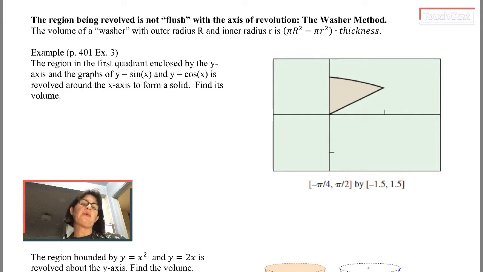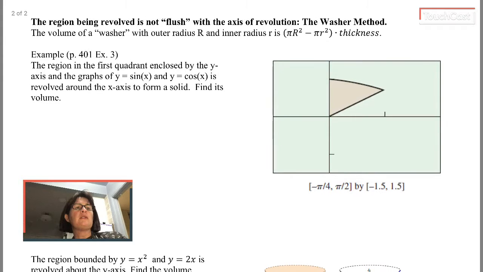This is the one last thing we have to consider when we talk about finding volumes of solids by slicing. What if the region that we're revolving around an axis doesn't actually bump all the way up against that axis? When you revolve your shape around, you're going to end up with some kind of hole in the middle. So I chose this problem not because it's that interesting or special, but because the book publishes this nice picture for us to see. So if we call this region, I don't know,